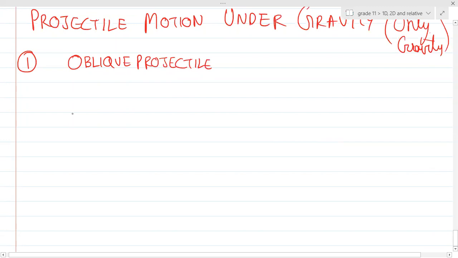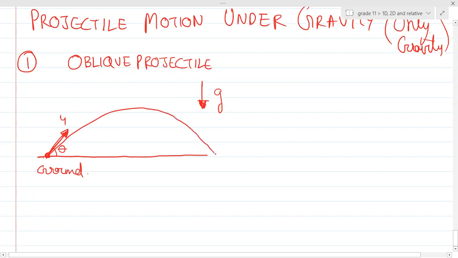First of all, oblique projectile. Can you see this is, let's say, a ground level. This is ground. So I have one kind of projectile in which I'll throw this object. Can you see the initial velocity given to some object at an angle theta? The gravity will be trying to pull this object down. Have you ever seen you throw a stone like this, it goes like this? Yes, sir. So this is the oblique projectile at ground level.